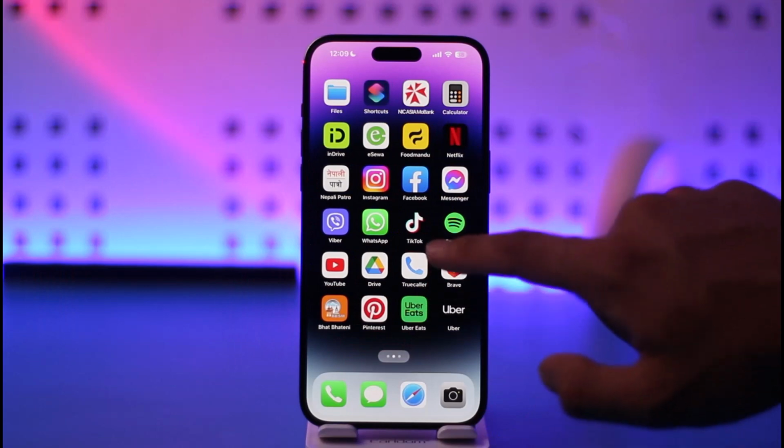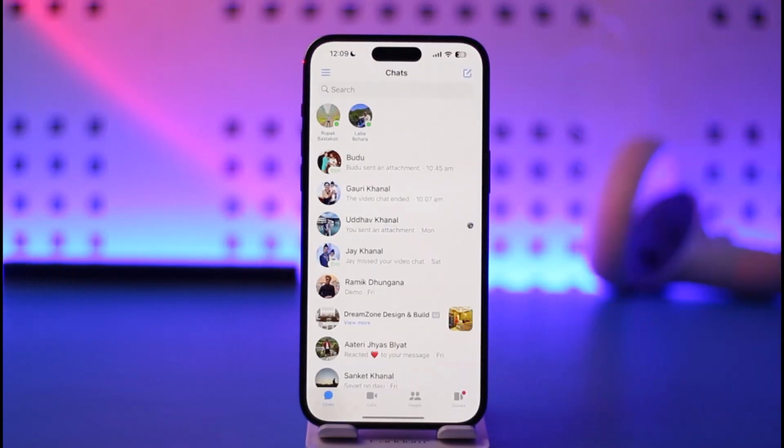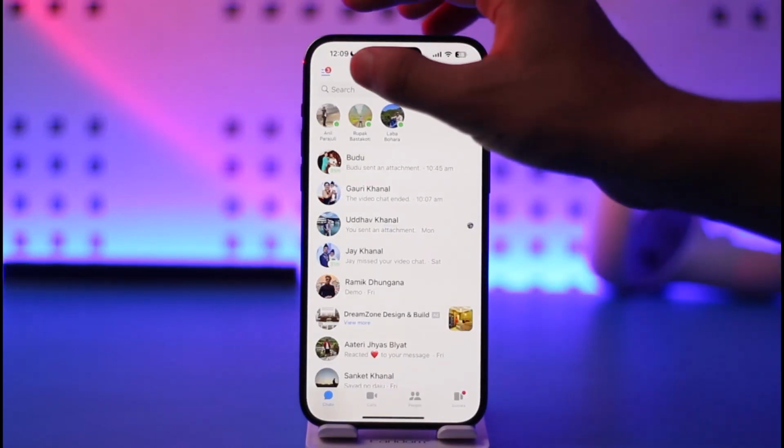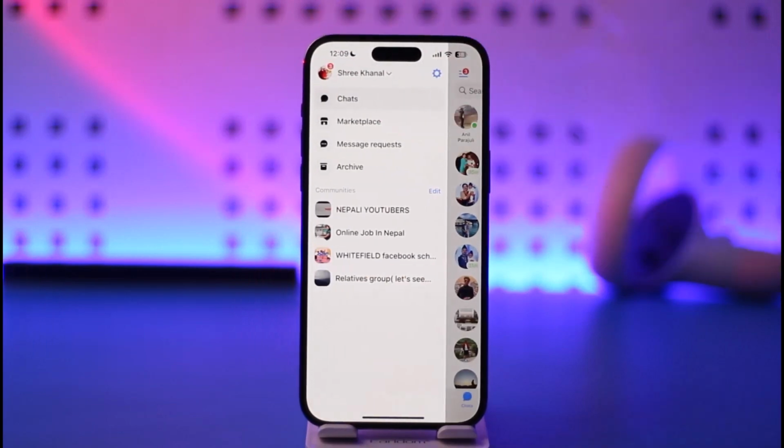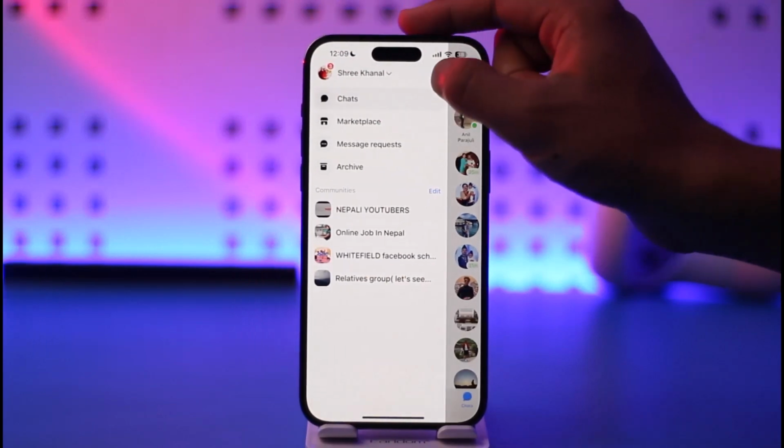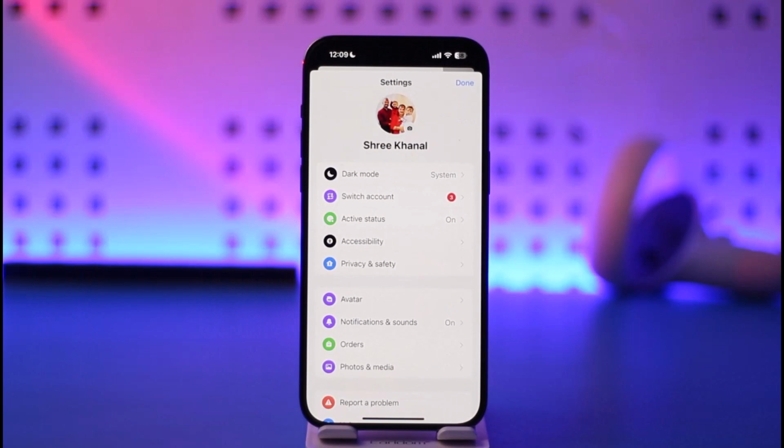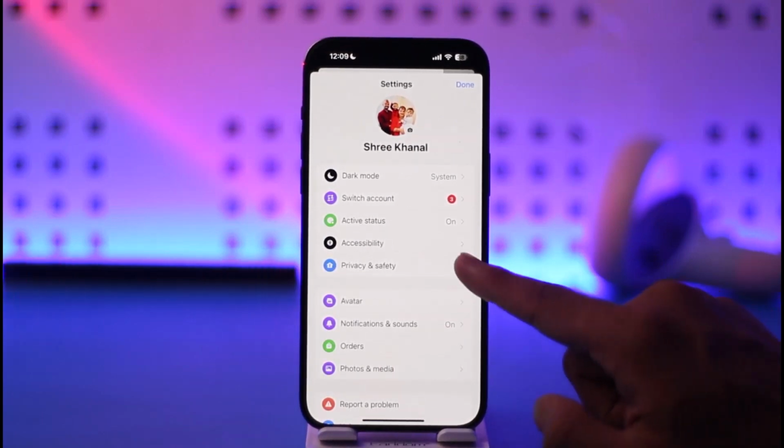All you have to do is, if you happen to block someone, open the Messenger app again. Once you open the Messenger app, tap the three lines option from the top left hand side of the screen. Once you tap the three lines option, tap the gear icon that you can find over here. Once you tap the gear icon, just scroll and look for privacy and safety, and just make sure